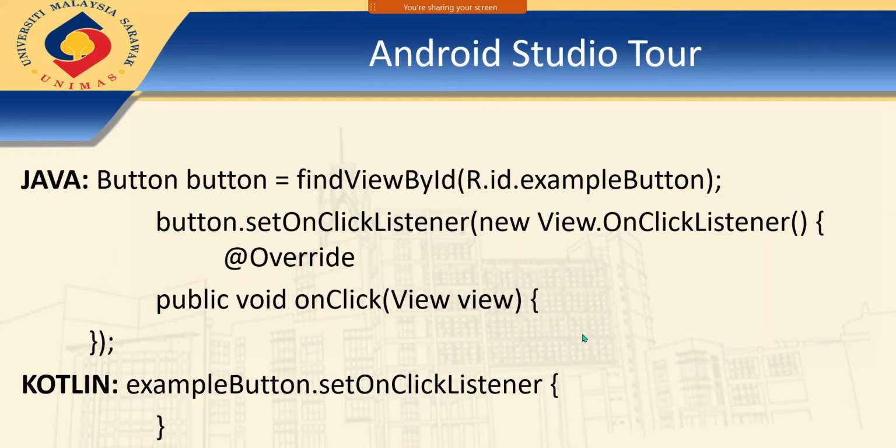This is another example, when we want to create a click listener, meaning when we have a button and we want to write code for what should happen when we click the button. It is called a click listener. So in Java you will have to first link the button that you have created